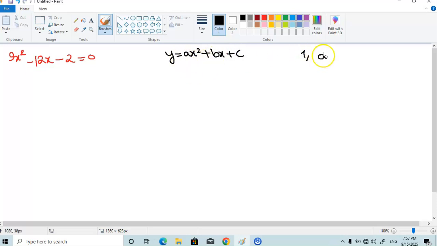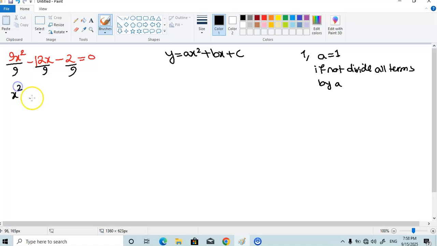You have to make sure a is 1. And if not, divide all terms by a to make a 1. So here, a is 9. A is the coefficient of x squared. It's 9. So I'm going to divide all the terms by 9